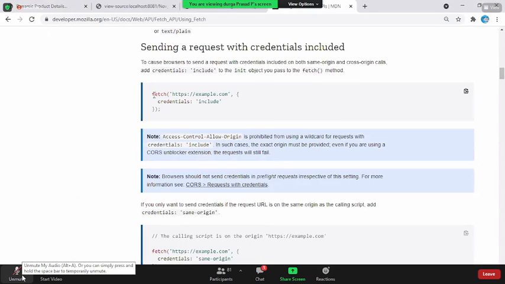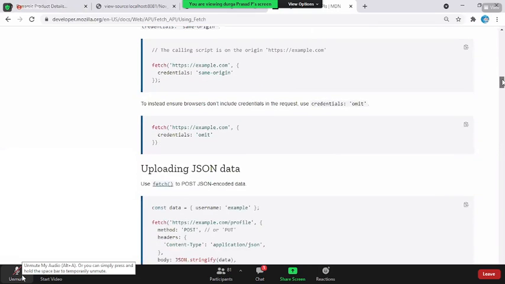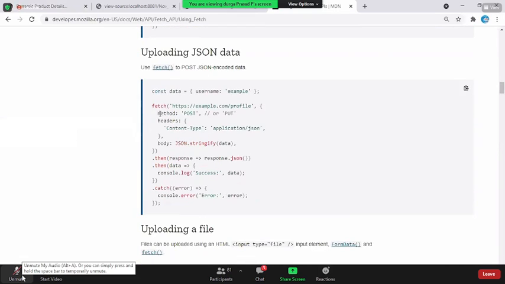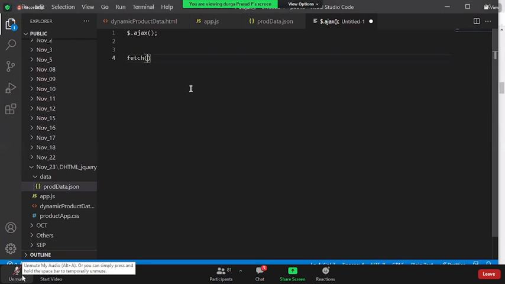Okay, see here, fetch method. Fetch is a predefined method. Simply specify what the URL is and what the properties are. That's it. That is pure JavaScript code. Okay, see here, what is a fetch? Fetch method: if you want to specify any headers, if you want to specify any body, and all, then a .done method, etc. You receive it. But here we are using jQuery, right?